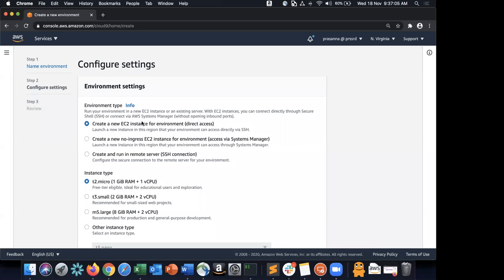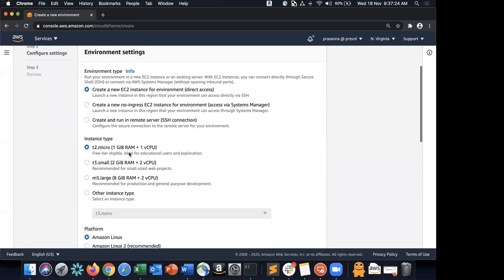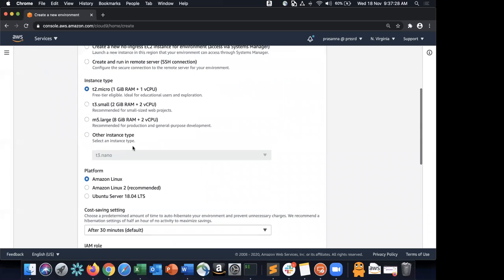Okay, so you can actually create a new EC2 instance, or you can create a new no ingress EC2 instance for the environment, or run it in a separate server. If you already have an EC2 instance, you can use that to provision this. Okay, let me just go ahead and create a new EC2 instance using T2.micro, which is a free tier, and